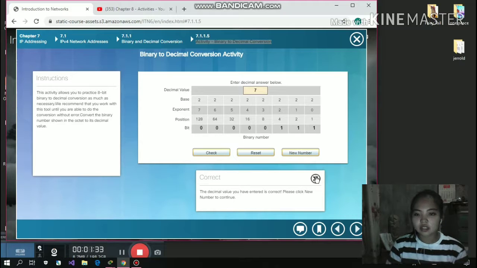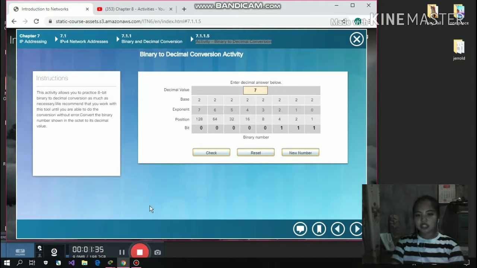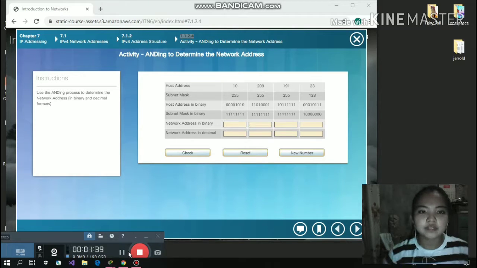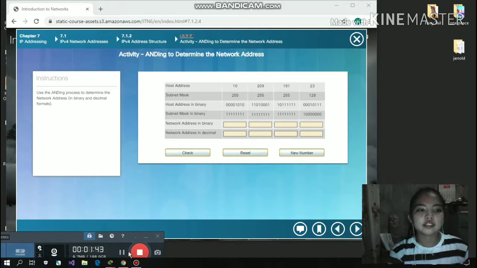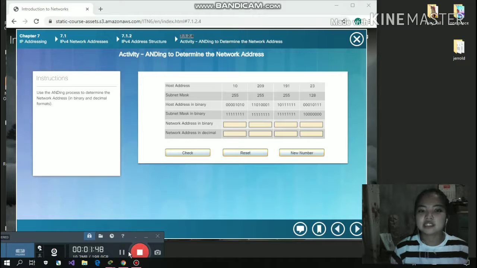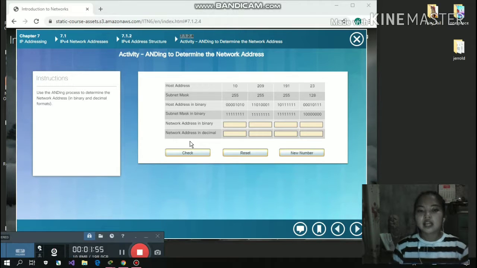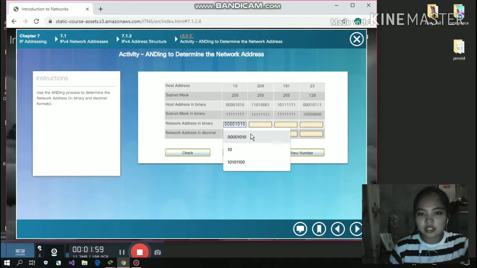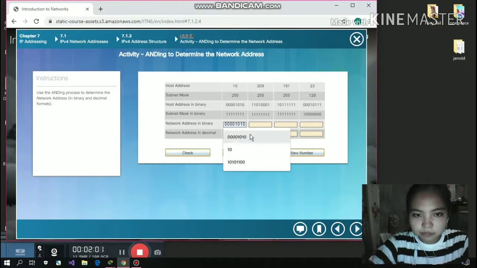So, let's do the next activity, which is ANDing to determine the network address. Use the ANDing process to determine the network address in binary and decimal formats. So we have to answer the network address in binary and the network address in decimal. Let's answer. So from this one,